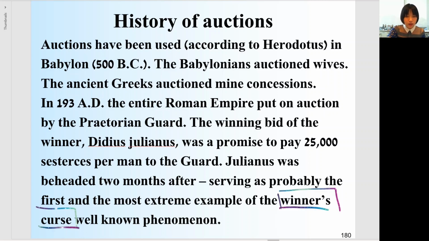And winner's curse. We will analyze it later on, but let me explain to you the meaning of this fancy word. Winner's curse happens when you win the item. As soon as you get this item, you know immediately that you overpaid. And the reason is very intuitive. As soon as you win this item, you know that everyone else values it less than you. So you could have lowered your bid a little bit, but still win this item. However, you can pay less. So the moment you win this item, you know that you pay too much. This is the so-called winner's curse.